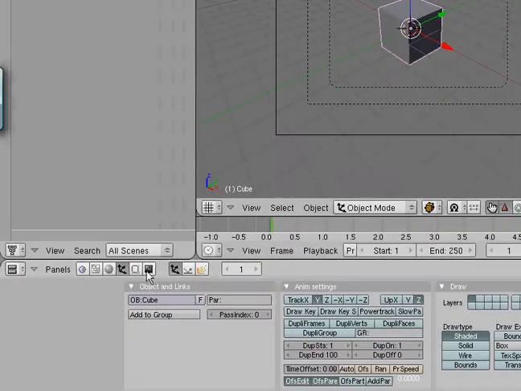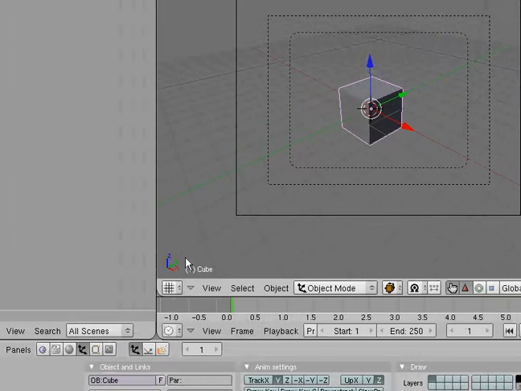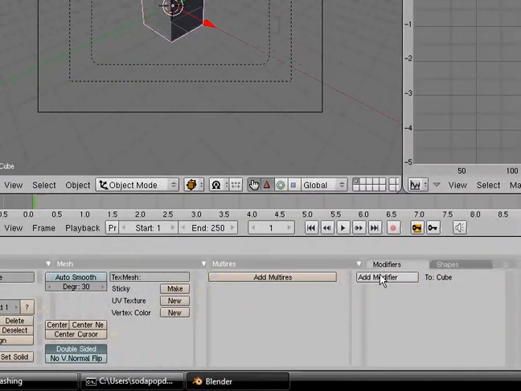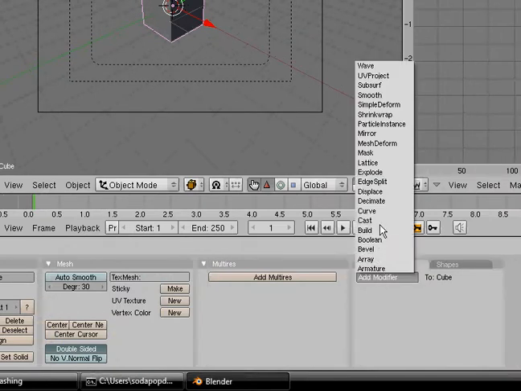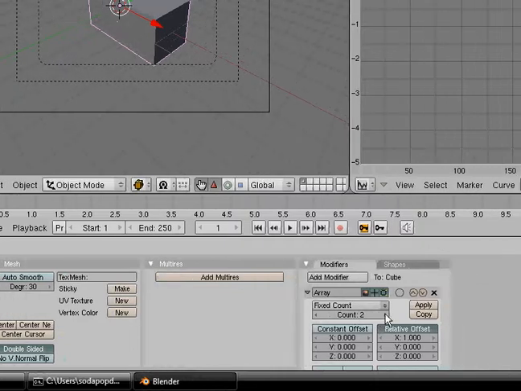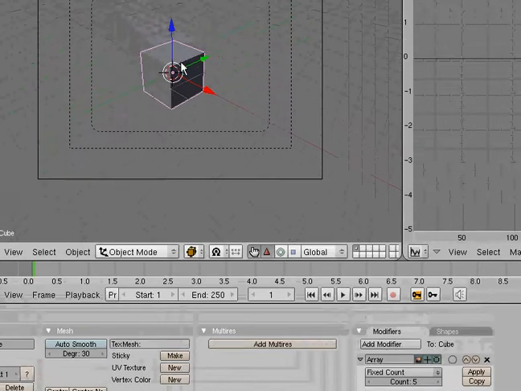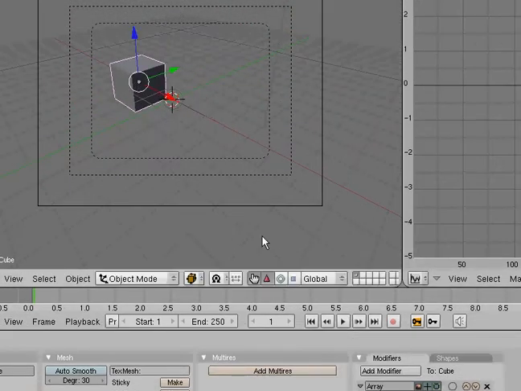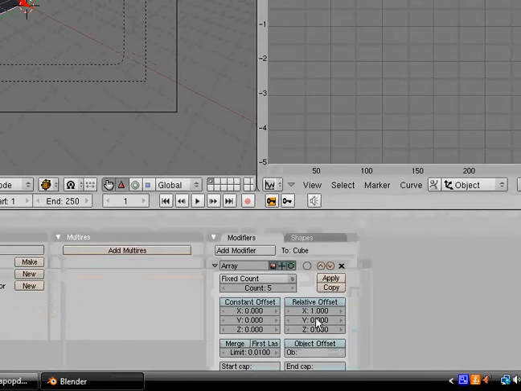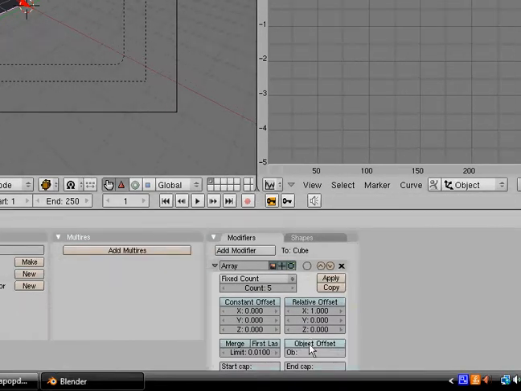So now you're going to want to go to the editing tab while the cube is open, and you go to modifiers, add modifier, array. Now you can change the count. I'm just going to change it to 5 just for this tutorial. And then you're going to want to press object offset and make sure that you have relative